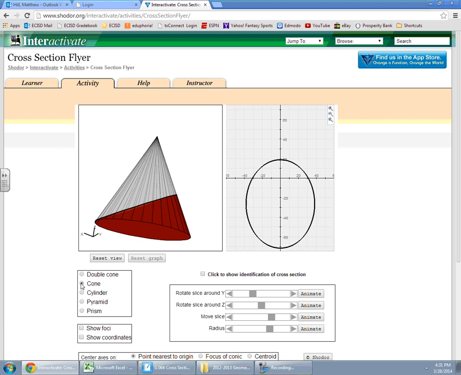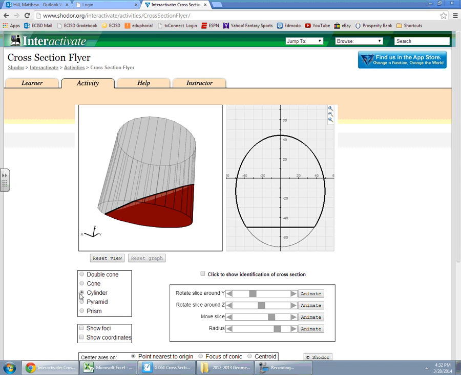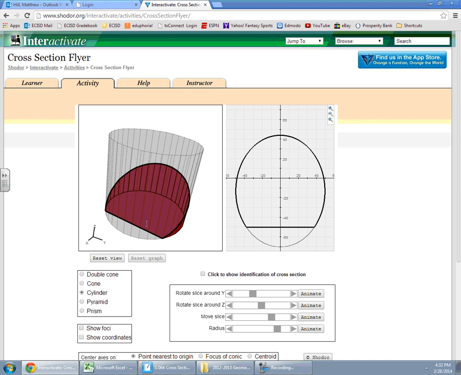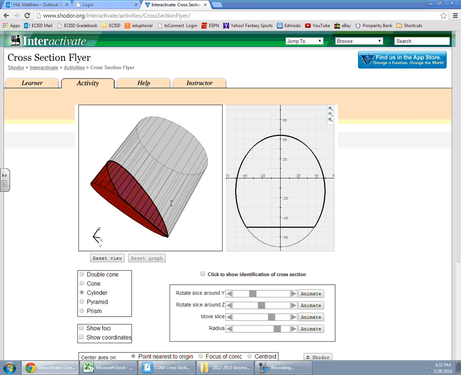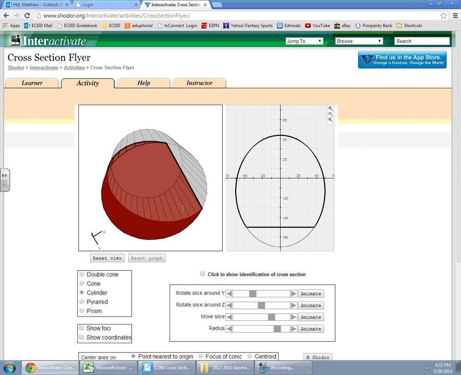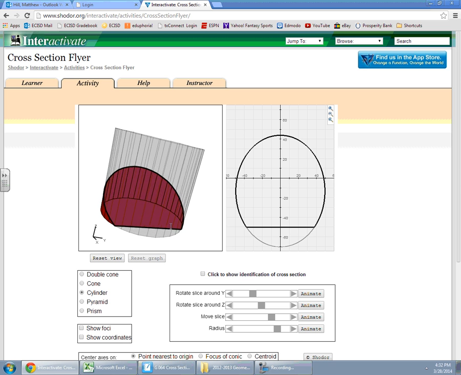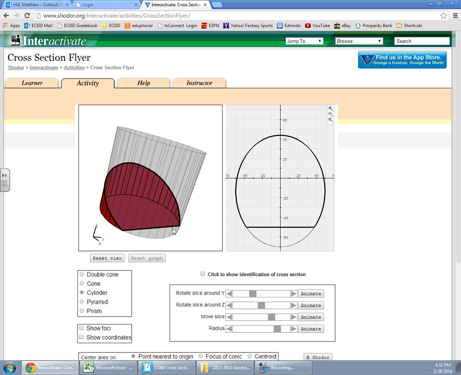And we can change the type of shape that we are looking at by selecting the different radio buttons. Okay, so again, when you have these different shapes up, these are touch or tap enabled. So you can move these guys around and look at them from different perspectives. Now, what you are looking at over in the grid on the right side is basically a graph of the